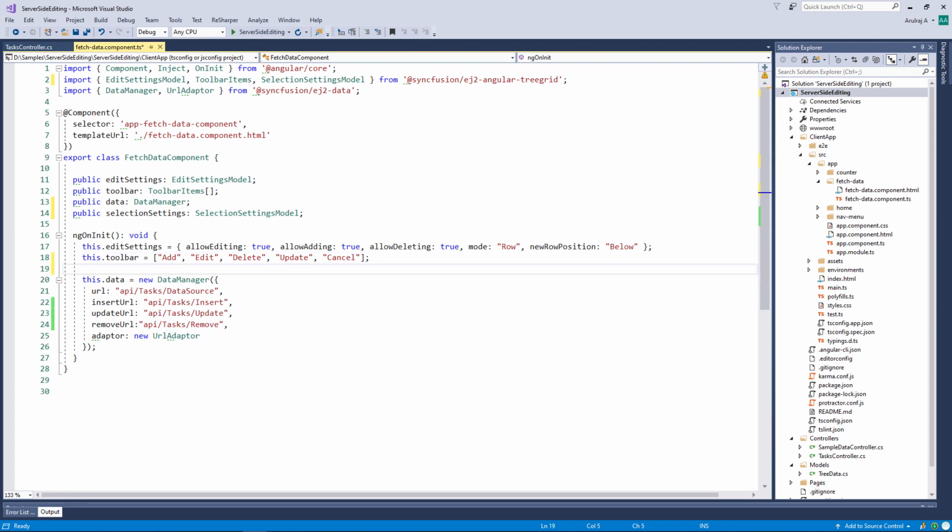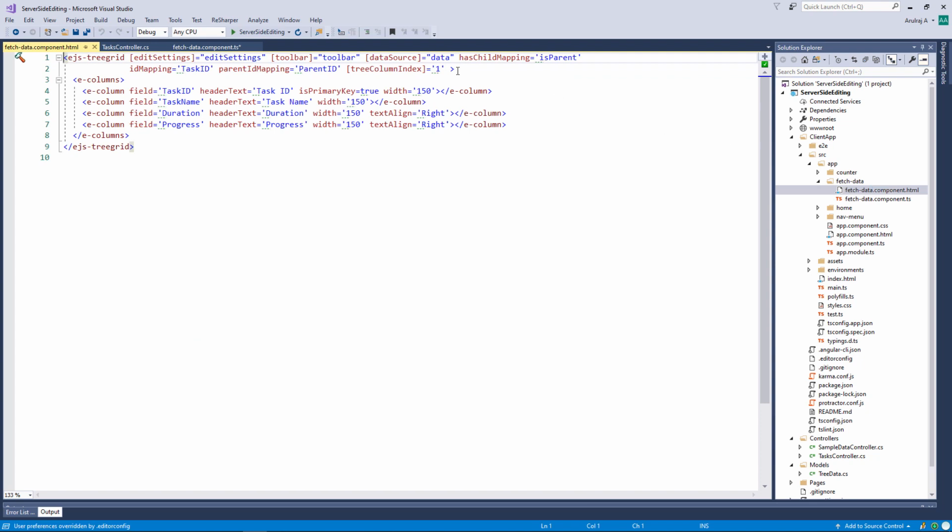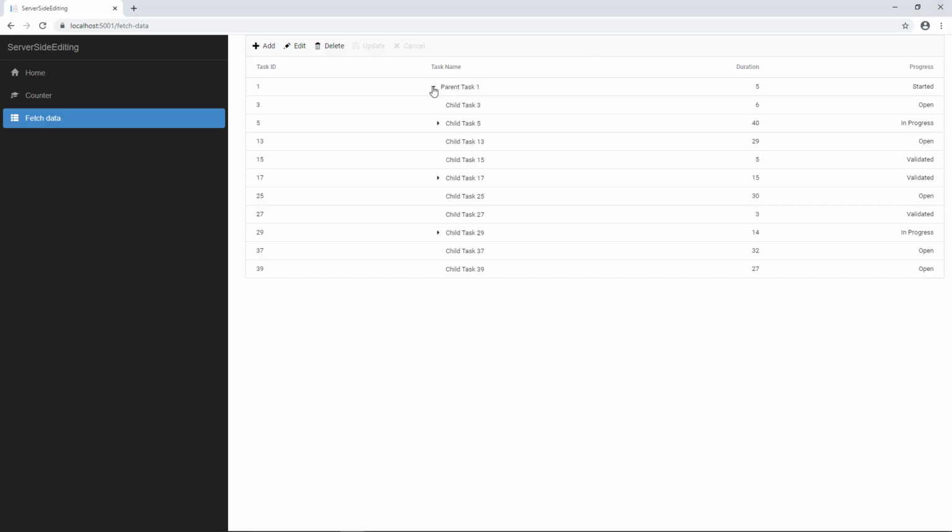In the ngOnInit method, I assign the value for selection settings with the type multiple. In the HTML template, I will assign the selection settings property with the selection settings object. I save the files and run the application. Now I can perform multiple selection in the TreeGrid.